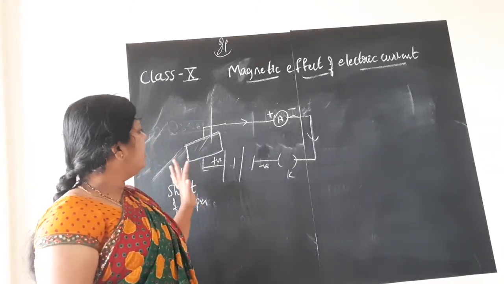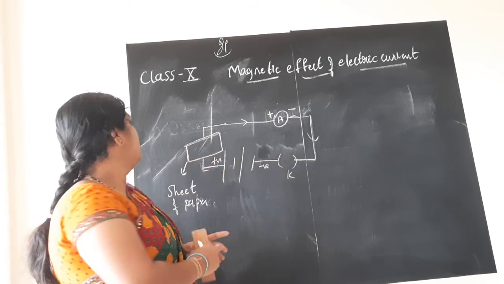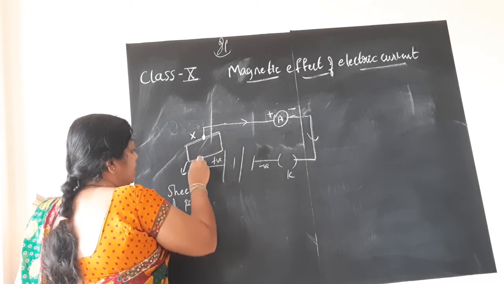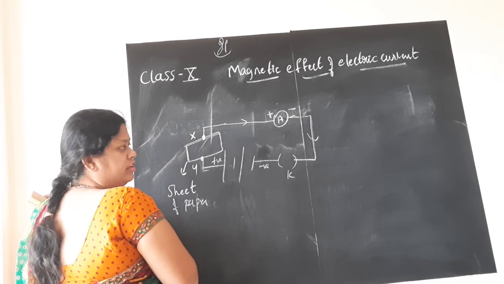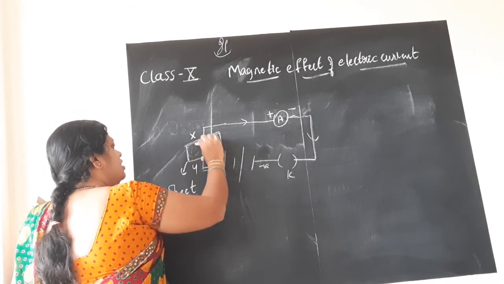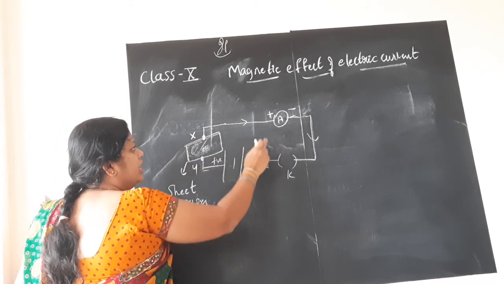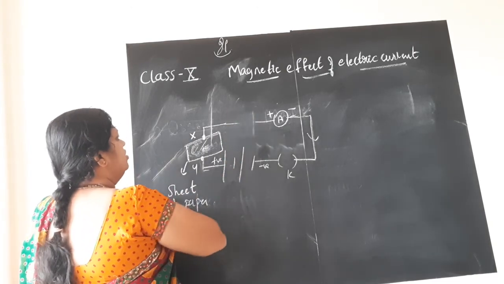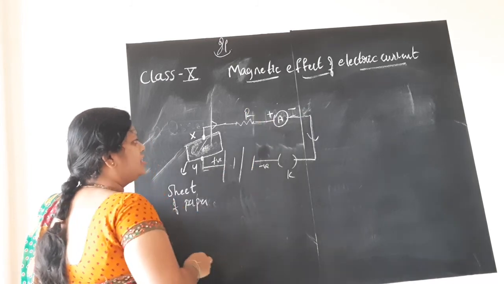So what I have done here, I have placed the sheet of paper, and see, these two are the ends, children. X, Y they have called them. So X and Y are the two ends of the copper wire. To those two ends we have connected the sheet of paper, and I have a battery, plug key and ammeter. I don't want abrupt flow of current. What I do is, let us have a resistor also.